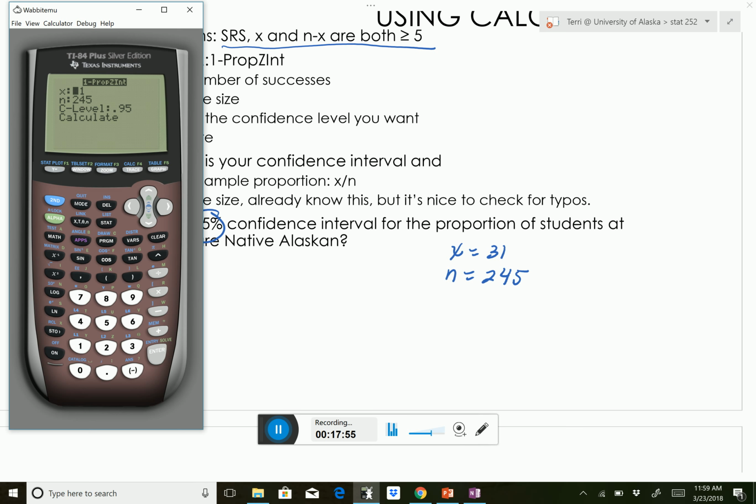And what's really nice about those of you who have the 84s is it actually keeps in just the last thing that you did, even if it was a 1 prop z test. And so you have x is 31, n is 245, your C level is 95. So you're going to hit calculate, and you find out that 0.0849 to 0.16816,